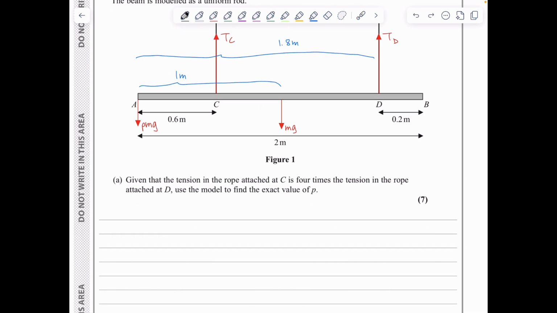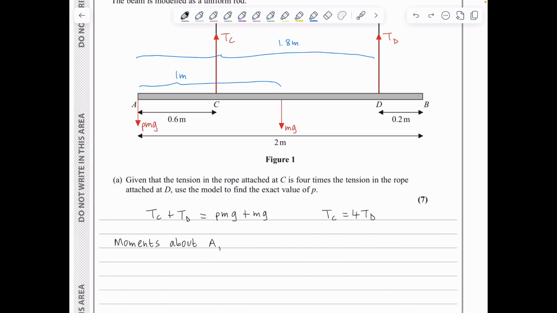So we've got that the forces acting upwards, which are TC plus TD, is equal to the forces acting downwards, which is PMG plus MG. And in addition, we've got that the tension at C is 4 times the tension at D. So if we take moments about A, we've got the clockwise moment because of the weight at the distance of